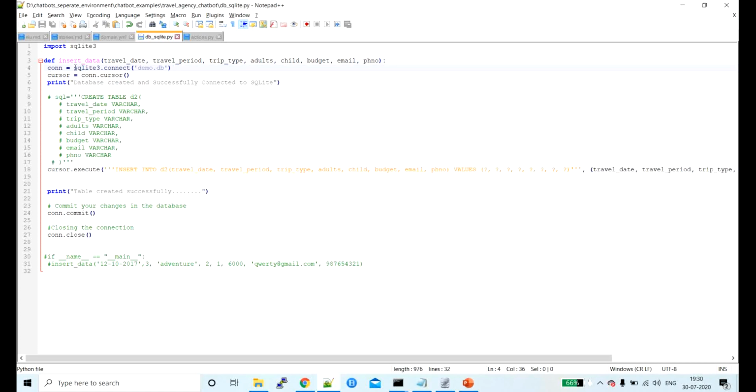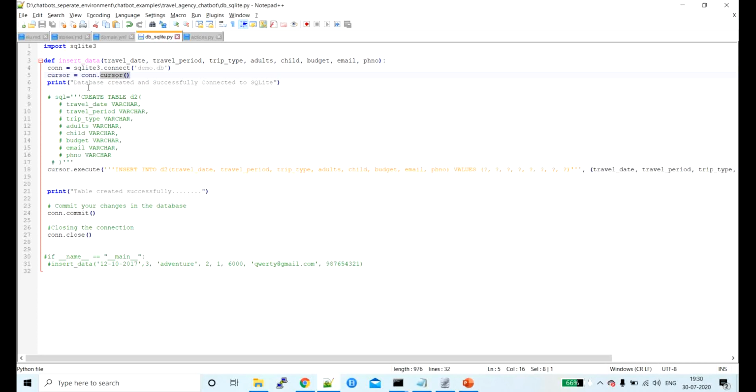And the very first thing which we do whenever we use any database is to make a connection. So I am making a connection by this line, and demo.db is a database which I have created. If you don't have this database, then when you execute this command, the database will get created automatically. And if you already have a database, then it will not create one, obviously; it will just make a connection. After that, we are creating a cursor object, right?